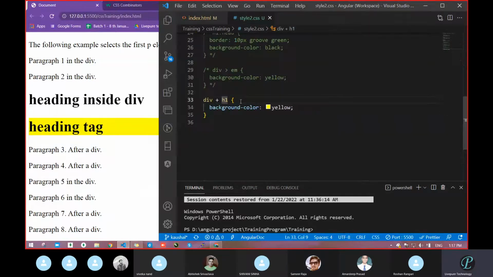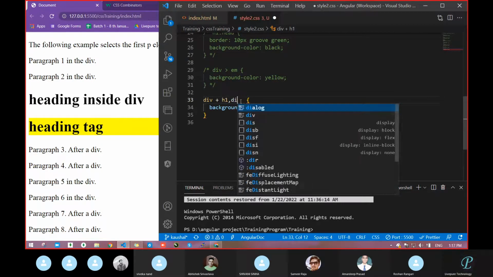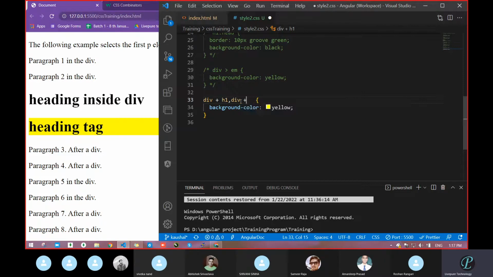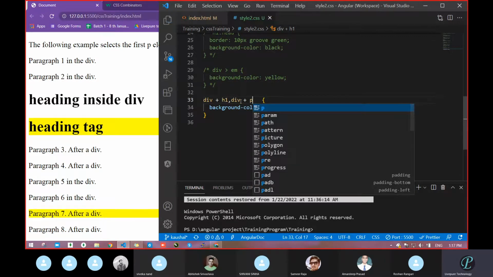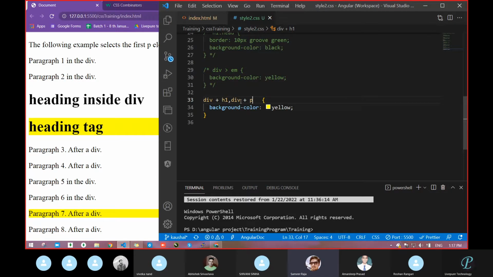Let's see what we can do. We can pass a comma, I think. Just verify whether it will work or not. Plus and P. Let's see. It worked. What happened? This became a grouping. Correct or not? Yes, we can group over here also.